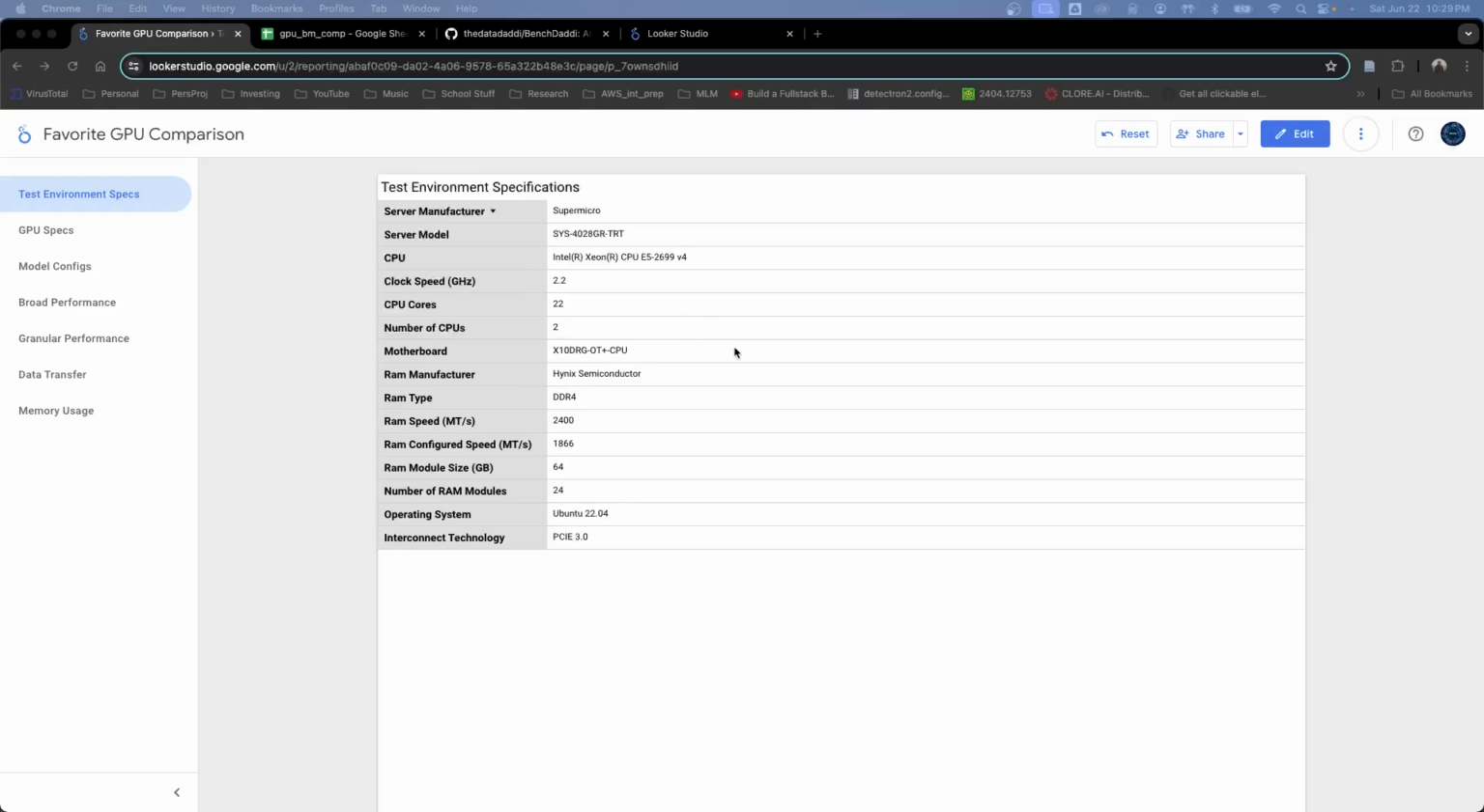As far as RAM goes, I'm using Hynix, I think is how you pronounce that. I'm honestly not 100% sure. It's DDR4 RAM, and it's configured to 1866. I think that's mega. Hold on, I always forget this. Yeah, so that's mega transfers, MT, mega transfers per second. Sorry about that, guys. And then the RAM modules are 64 gigabytes apiece, and there are 24 of those, so about 1.5 terabytes